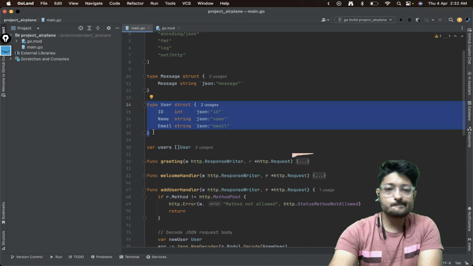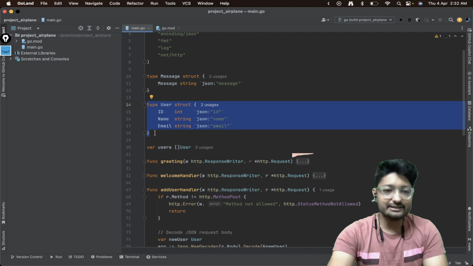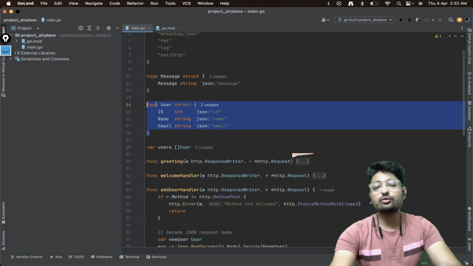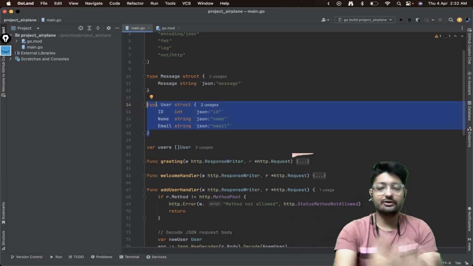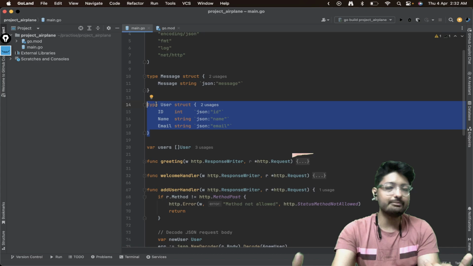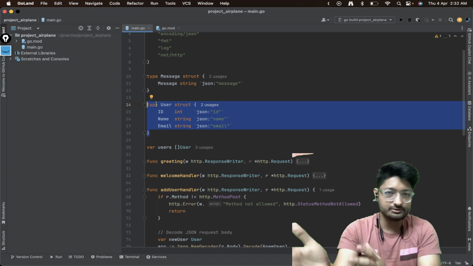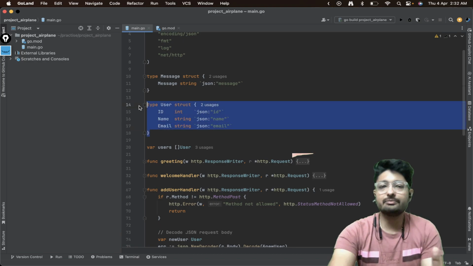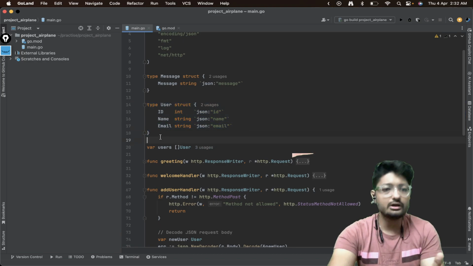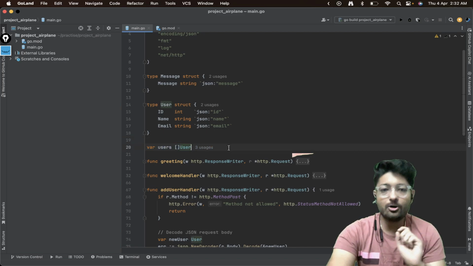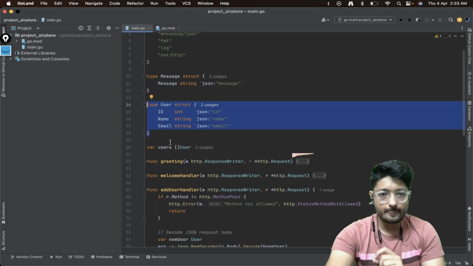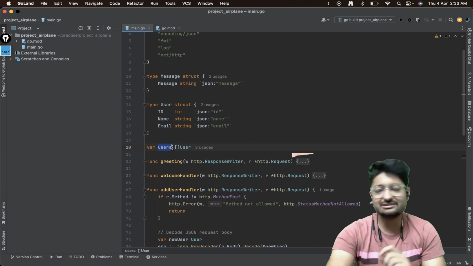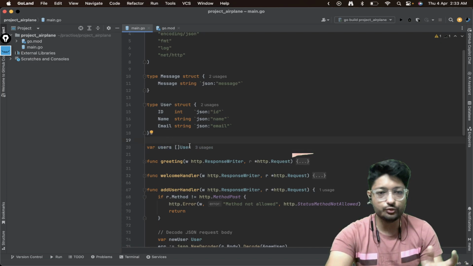Now, as we have told you that this is the user, we have to make, you can say, a user table. Whenever you are connected to a database, you will make a user table with all these three columns. So that has to have these particular columns. Instead of connecting to a database, we have created an array of users. Name it this. So this is generally an array of users, and we will store all this user information